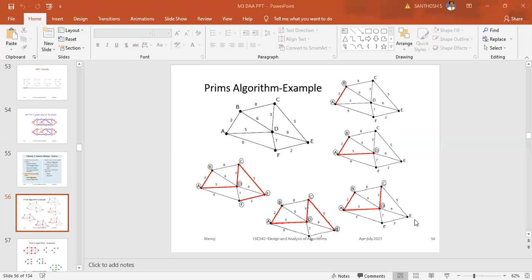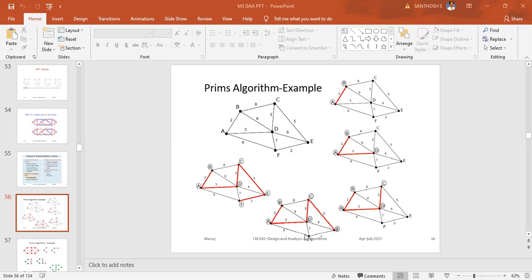So which is the next minimum path you are having? It is C to E. Okay, good. C to E is 5. From C, which is the node you have reached? It is E. That's why you are marking, see the diagram. After this, I am showing with the mouse. So C to E, which is the new node you have got? E. So from E you have to go with the next minimum path.